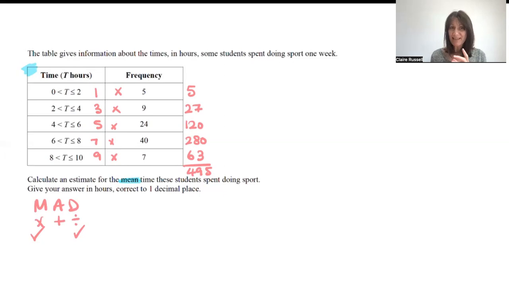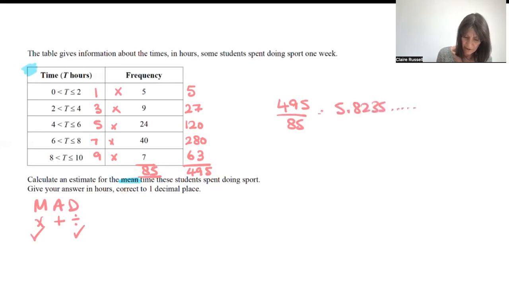The common mistake that I see is people dividing by the number of rows. So I've got 1, 2, 3, 4, 5 rows. So people will divide by 5. This is completely wrong. We want to divide by how many are there. That's the total frequency. So I haven't actually finished with my add stage. I need to add up my total frequency, which is 85. And now I've got everything I need. So 495 divided by 85 equals